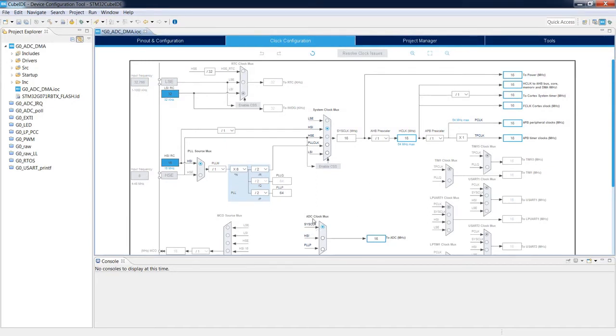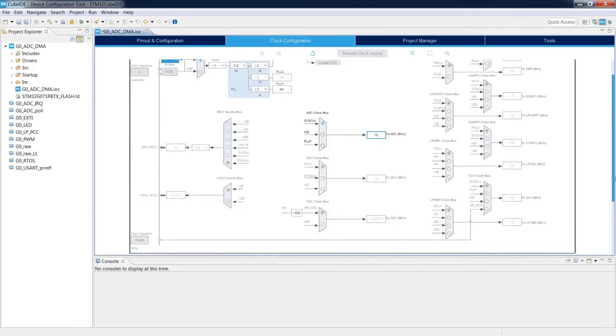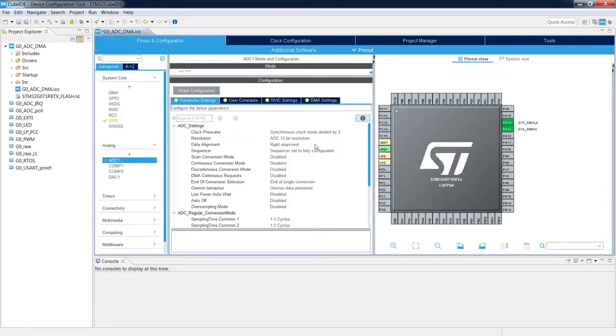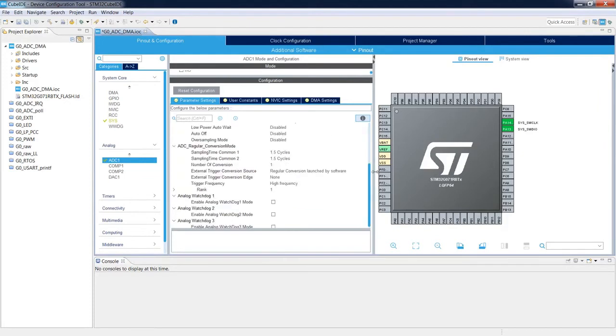It is this selector, used for the ADC clock. At the moment it's clocked by the system clock, and additionally we are dividing this clock by 2. It means that ADC would be clocked by 8 MHz, which is important to select the proper sampling time parameters.